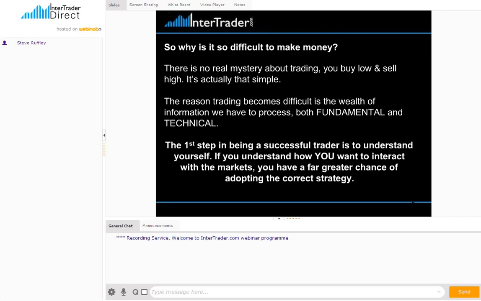And I guess there's no real mystery about trading. You buy low, you sell high. It's quite a simple concept. But the reason there's so many people involved in it is there's so much money. $3, 4, 5 trillion traded in the FX markets alone. Think about the types of people involved in trading. Not just currencies but indices, oil, commodities. It's so complex, and the reason that it is complex is because of the amount of money that's involved,